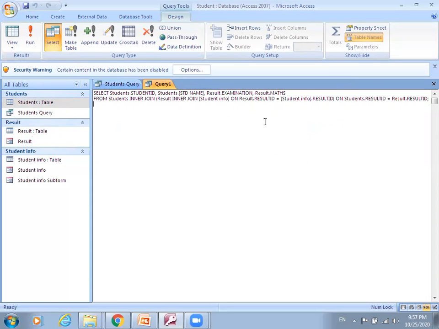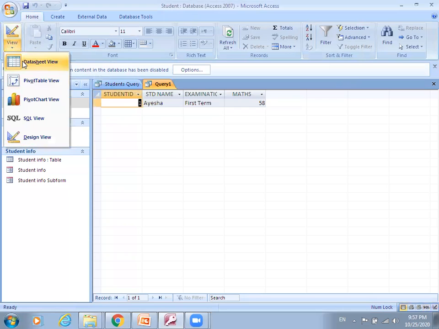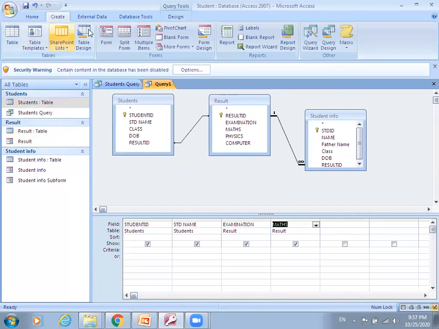So this is your SQL statement which is automatically written with the help of MS Access. You can just run this query and you can just use design view to create your query. So this is a query view, and with the help of the query wizard and query design, you can create a query.